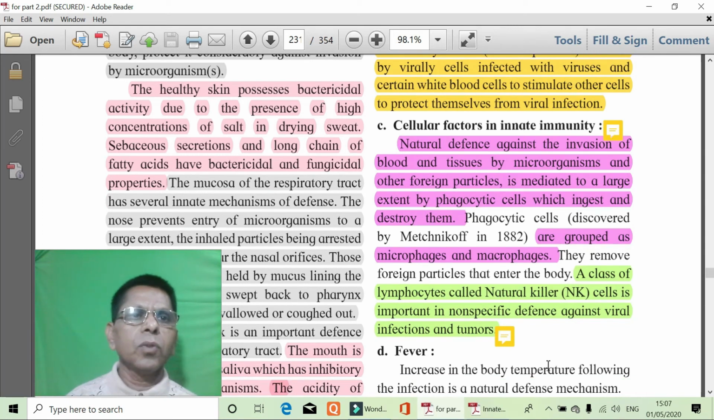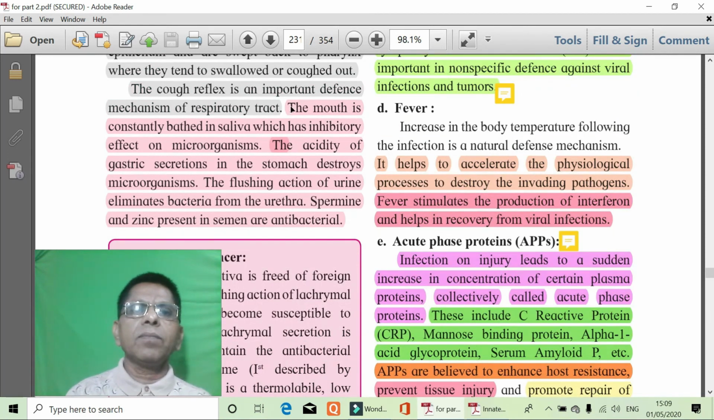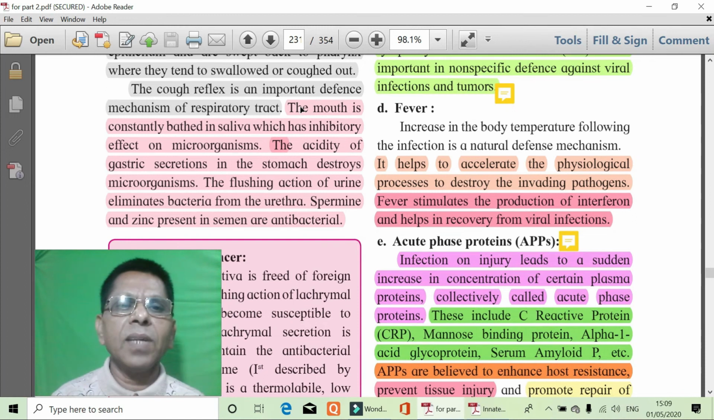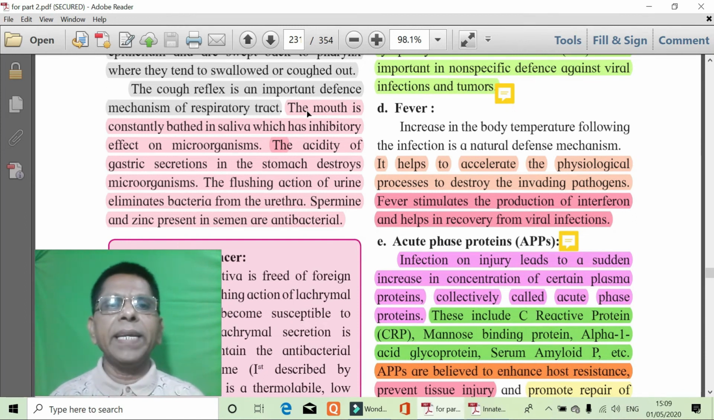So dear student, sweat also contains an antimicrobial enzyme called lysozyme. That lysozyme is active against gram-positive bacteria. It brings about the degradation of the gram-positive bacteria. Next to this, it has been mentioned over here, as far as the physiological barriers of the innate immunity system are